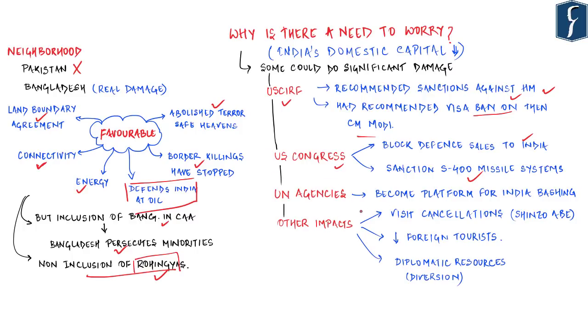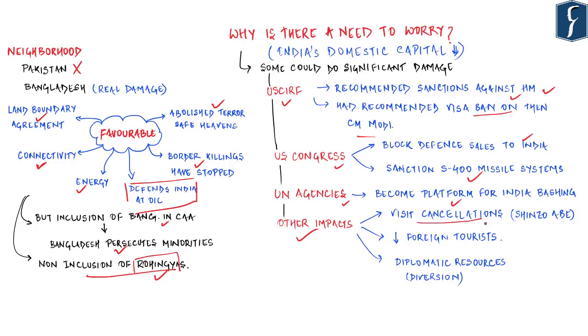Now, as far as the agencies of the United Nations and their criticism is concerned, they become a platform for India bashing and provide opportunities to Pakistan and various other nations hostile to Indian interests to highlight internal issues on global platforms. Now, as far as other impacts of such policy decisions by the Government of India are concerned, they lead to